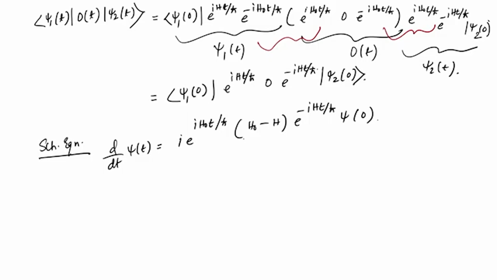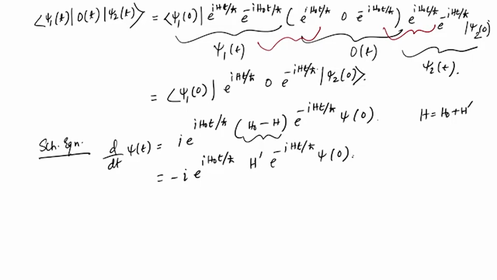So, what you can do is that this H0 minus H is nothing but, because H is equal to H0 plus H prime, H0 minus H is minus H prime, and that is equal to minus e^(iH0t/ħ) H' e^(-iH0t/ħ) ψ(0). And what you can do is that you can introduce the identity operator here,